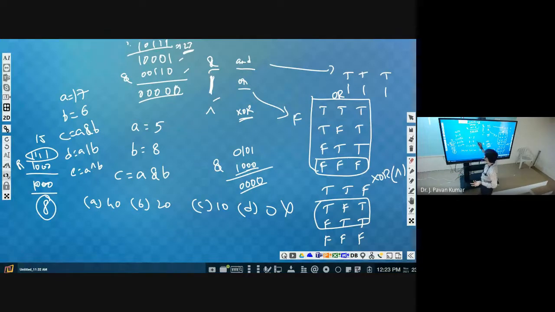For this, you tell me. For A value as 5, B value as 8, then A exclusive OR B? All zeros. 8 is 1 triple 0. So 1 1 0 1.